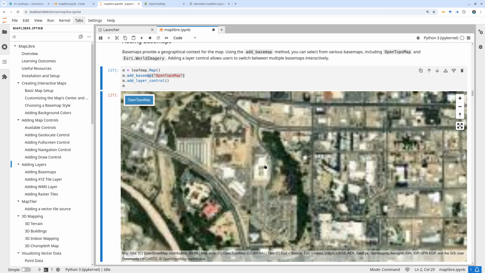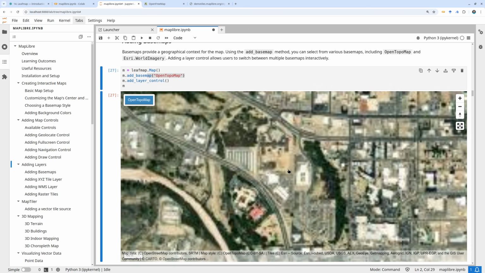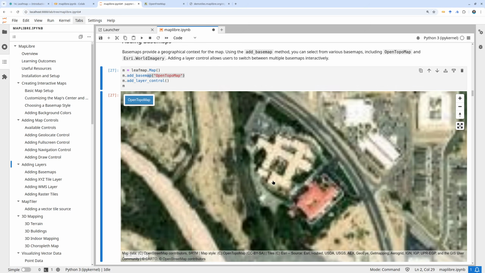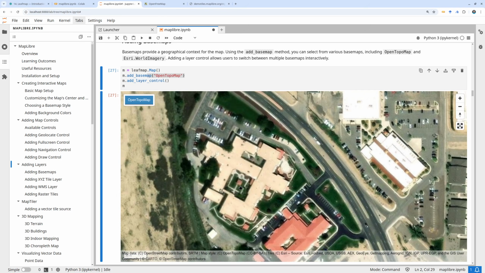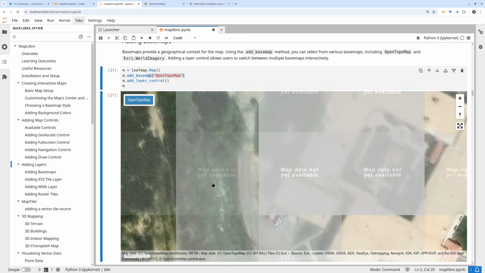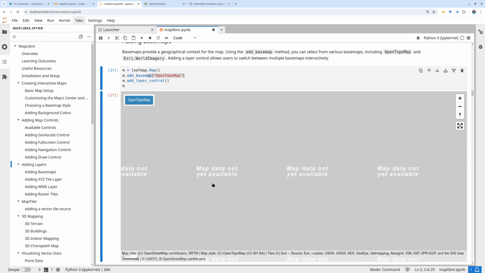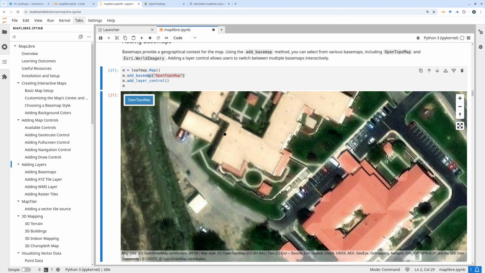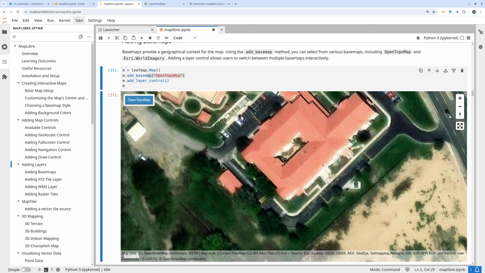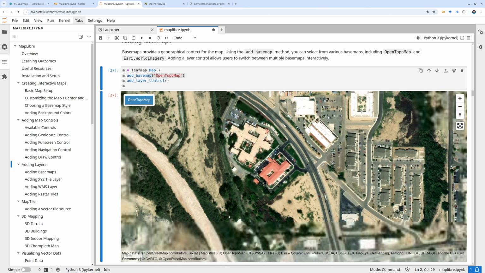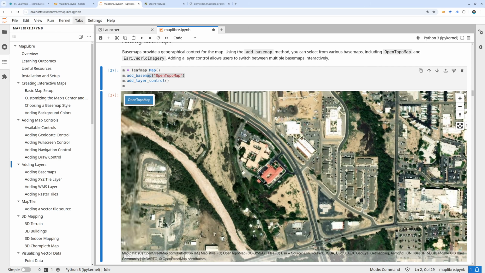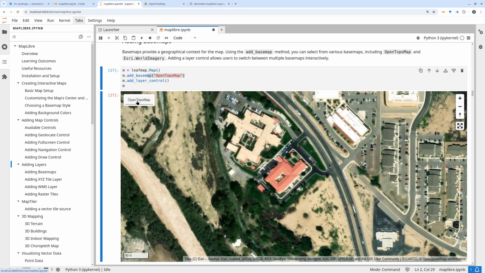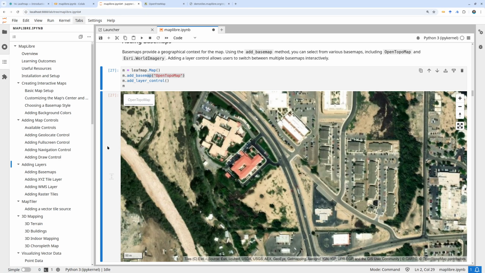Right now it's loading. It should be high resolution like this. This is a little bit coarse, so it depends on the internet speed. Okay, this is the best we can get right now. If you try to zoom in, it says map data not available because it doesn't support that high resolution. But still, this is probably centimeter level resolution. It's already high. But again, if you turn off that one, or this one doesn't work yet. Anyway,